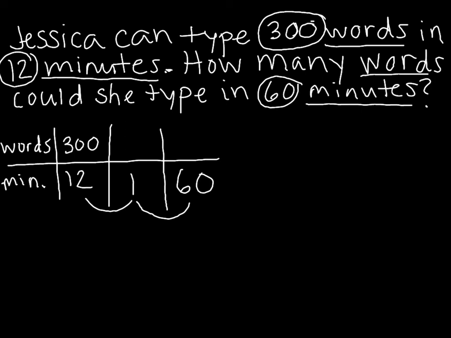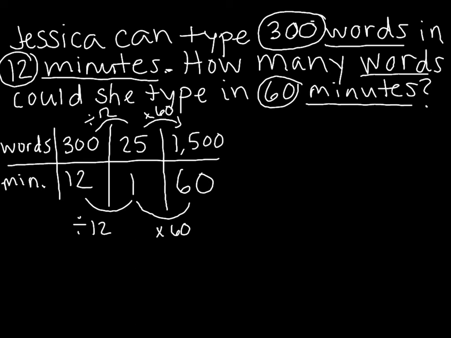All right, so to get from 12 down to our unit rate of 1, we need to divide the top and bottom by 12. Divide by 12. In my calculator, I type 300 divided by 12, and I get 25. That's a nice even number. And then I know to get from 1 to 60, I multiply by 60. So I'm going to multiply the top by 60. 25 times 60 in my calculator gets me